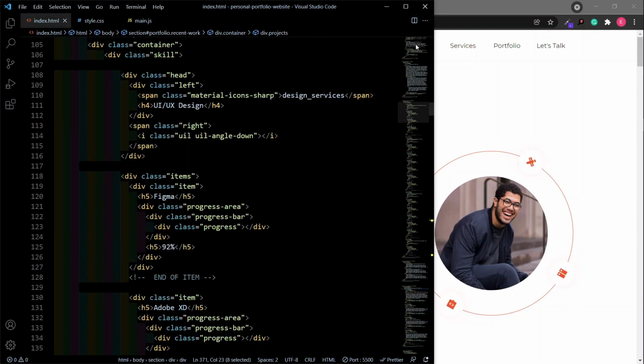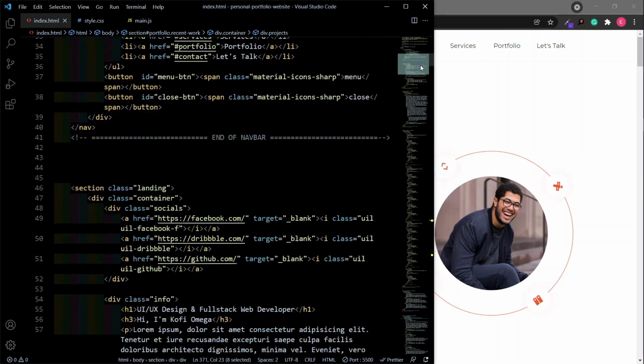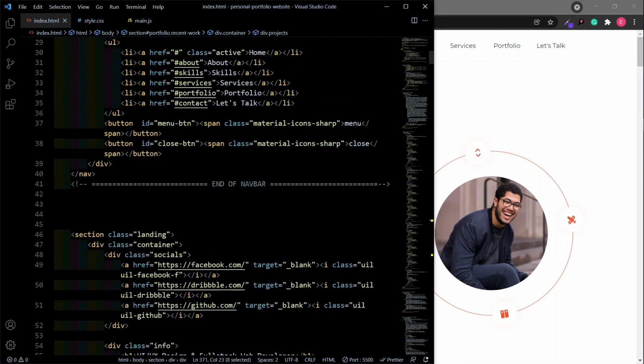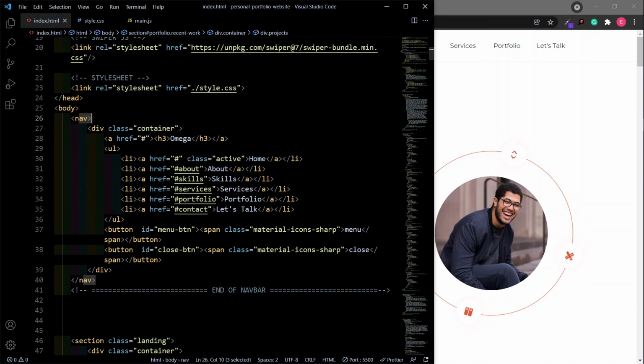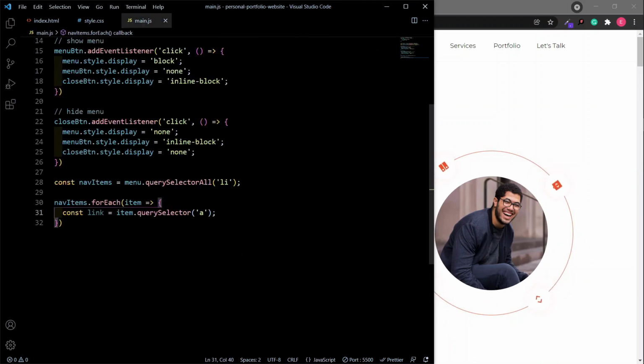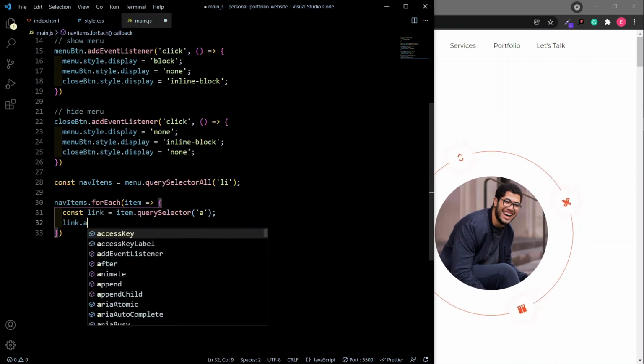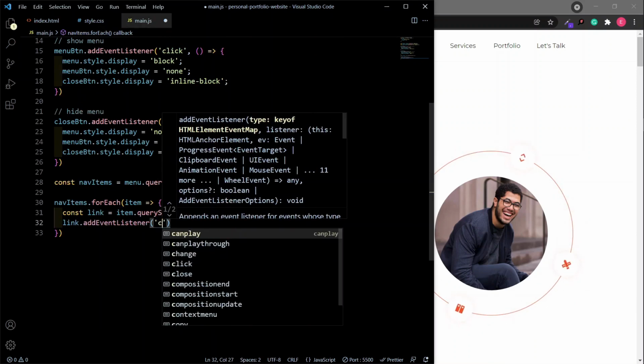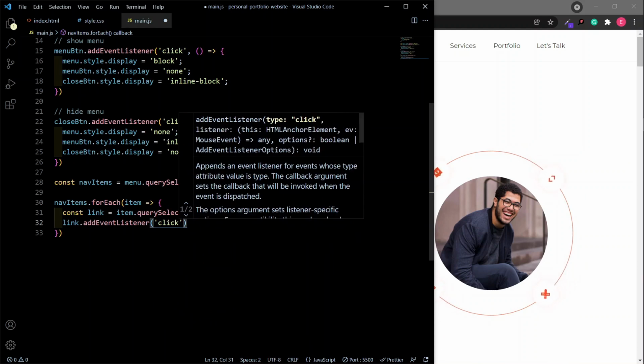Let me show you inside of the markup. So this is our navigation, and we have our UL. Okay, this is the menu, and inside of it we have our items, and then inside every item we have the link. Okay, so that is what we are grabbing here. So we are going to add an event listener, and that is going to be a click event. So when we